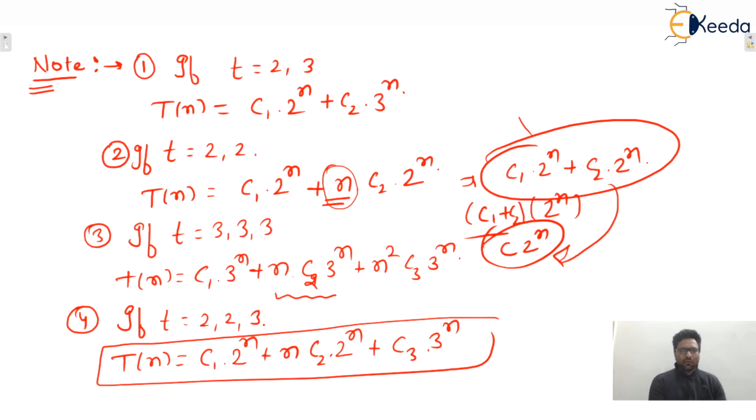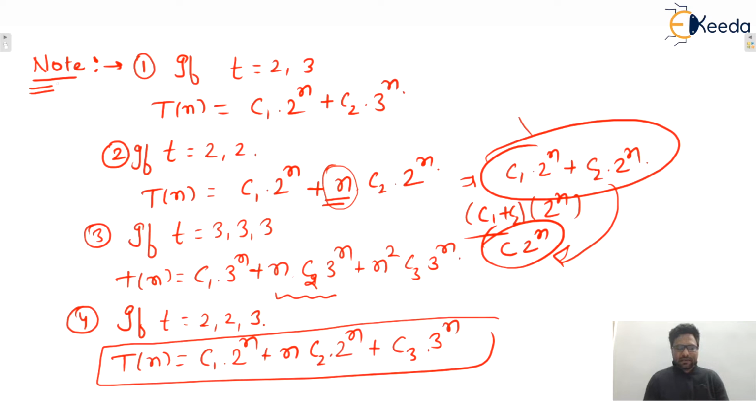In the note I gave you the variety of roots in which some roots are matching. This change is only in the general solution. So while writing the general solution, you can make these changes accordingly if roots get matched. I hope this is clear to everyone. So accordingly, you need to write the general solution. This is the procedure for homogeneous linear recurrence relations with constant coefficients, that is LRCs.